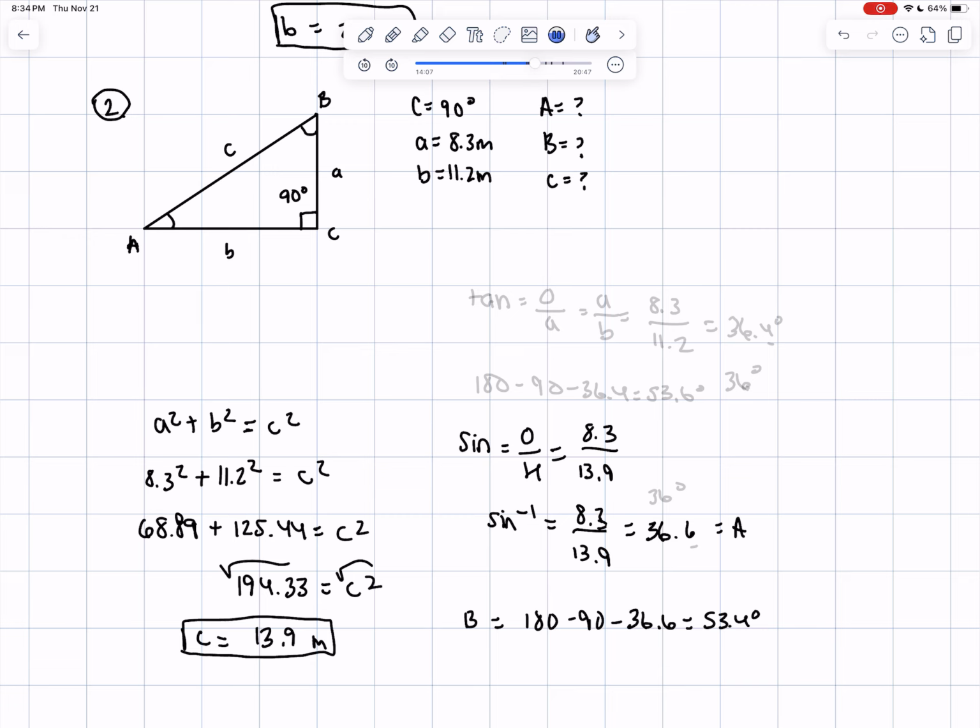Now let's say you decided to do angle A a little bit different. Let's say you decided to do angle A as opposite over adjacent. So let's do that as an example. So opposite over adjacent is tangent, which is A over little b, which would be 8.3 over 11.2. So tangent to the minus 1 of 8.3 divided by 13.9 is